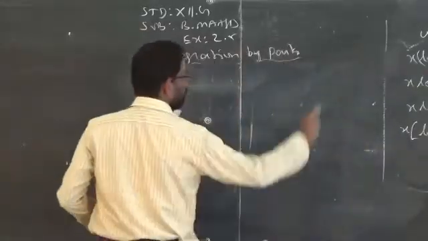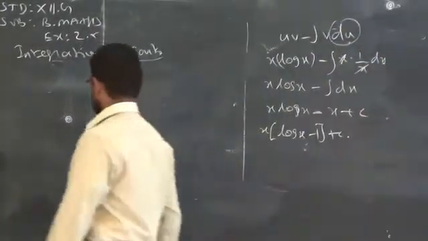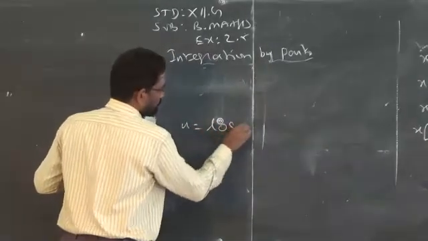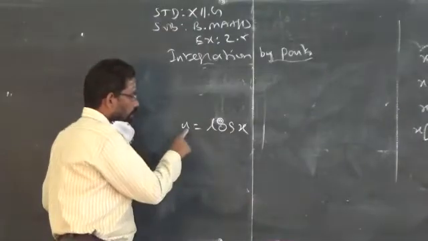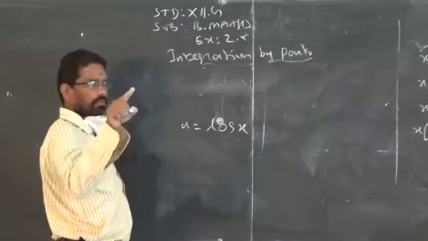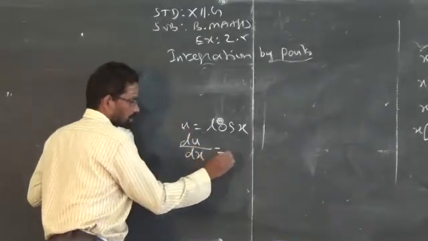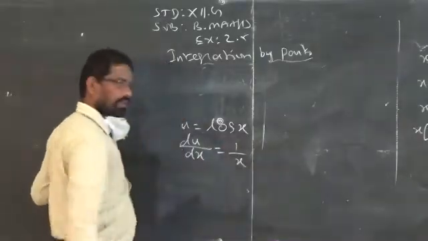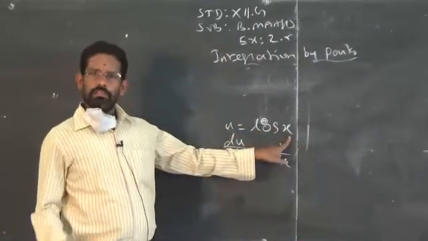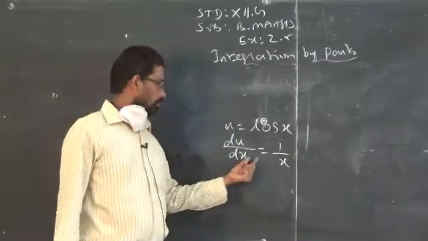Some of the boys have a doubt about this. How do you replace this du by 1 by x into dx? Just listen, I will explain. You have to differentiate the function u with respect to which variable? X. That is the rule that we studied in 11th standard. So I am differentiating the u function with respect to dx. So log x gives 1 by x. Do you agree now? U is a function of x variable. So I am differentiating the function u with respect to the x variable. So 1 by x.